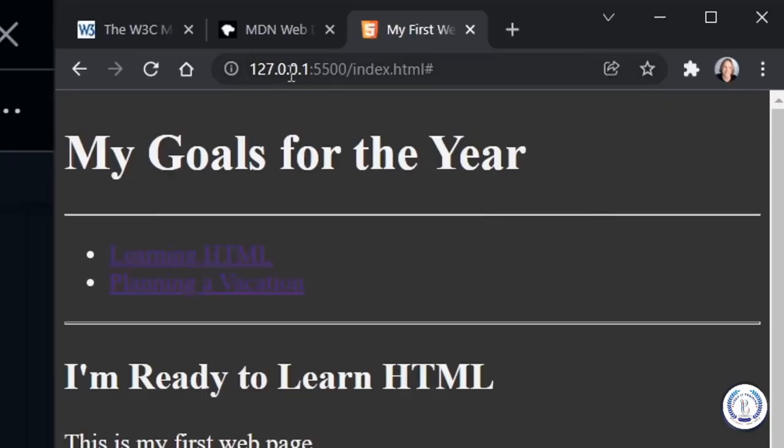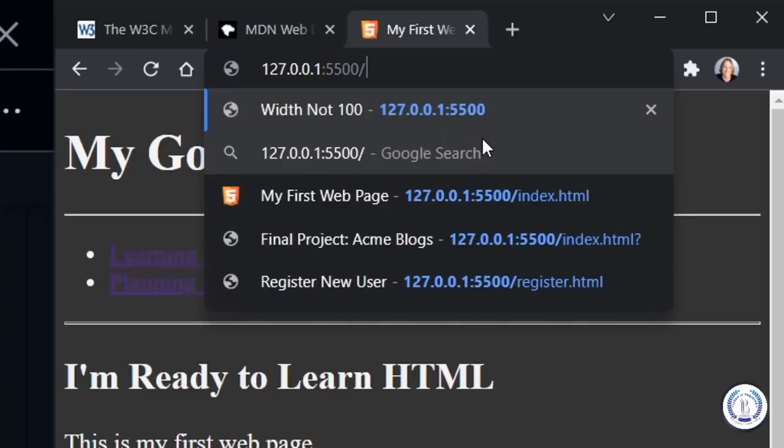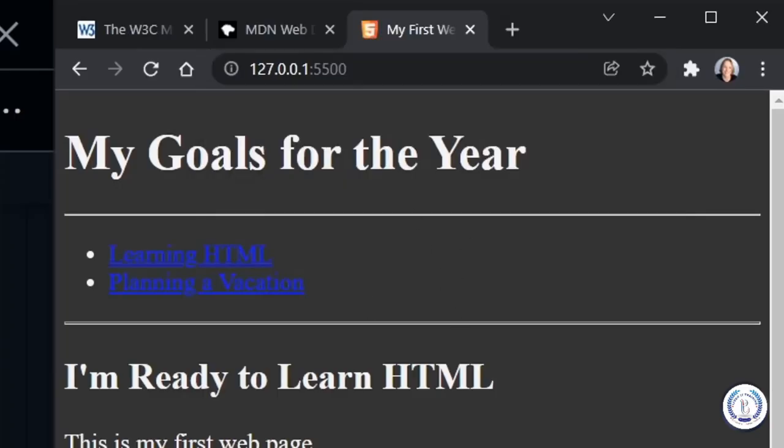Now it's worth noting what we have up here in the address bar. Of course, live server gives us our IP address, which is our own computer, 127.0.0.1. Nobody else on the web can see what you're seeing. This is just on your computer. And then you've got a colon and the port number, 5500, where live server is serving your page. And we've got our index.html file. Then notice you've got the hashtag after that. We could actually remove the index.html and the index page will still show by default,